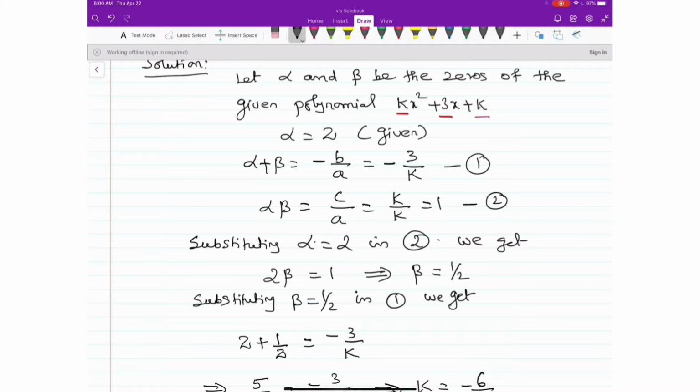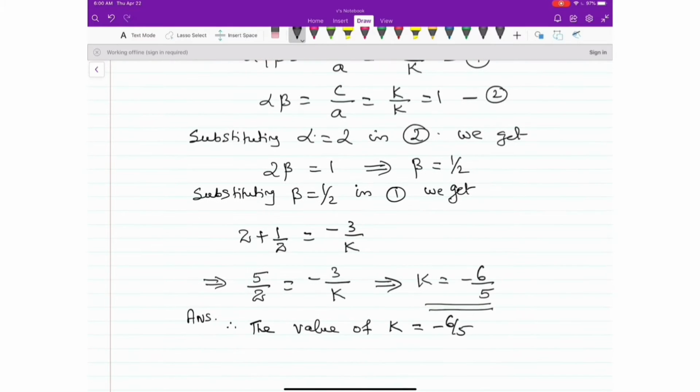I am writing everything over here for your better understanding of the concept. So no need to write all the steps that I am writing here in your board examination paper, because such questions will be asked for 1 mark. You will be wasting your time. So this point should be kept in mind.